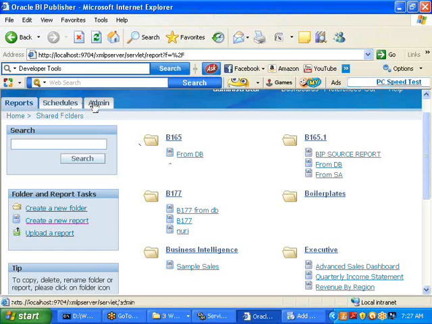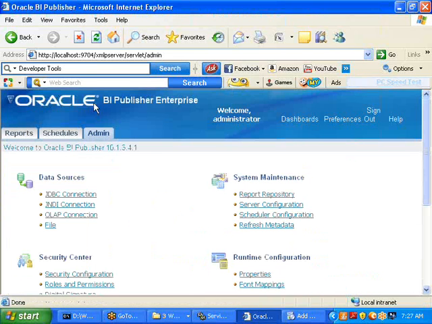Click on admin tab. You know already, username and password is administrator, sign in. These all things you know, sir. Okay. Click on admin tab. Under data sources,